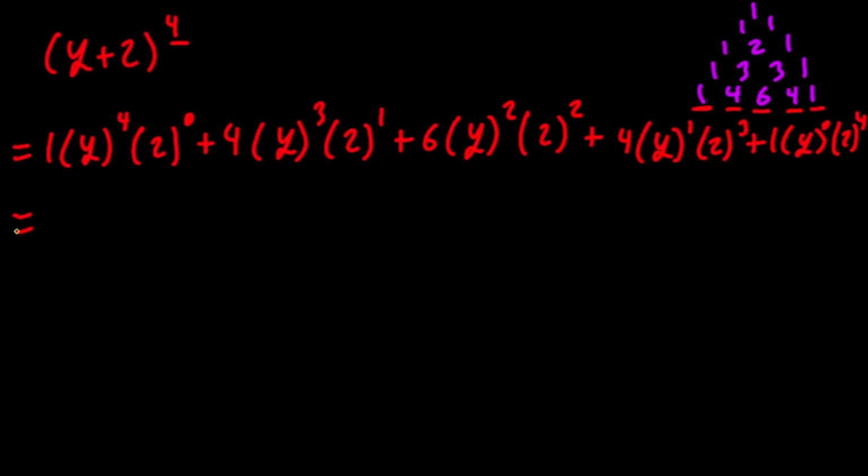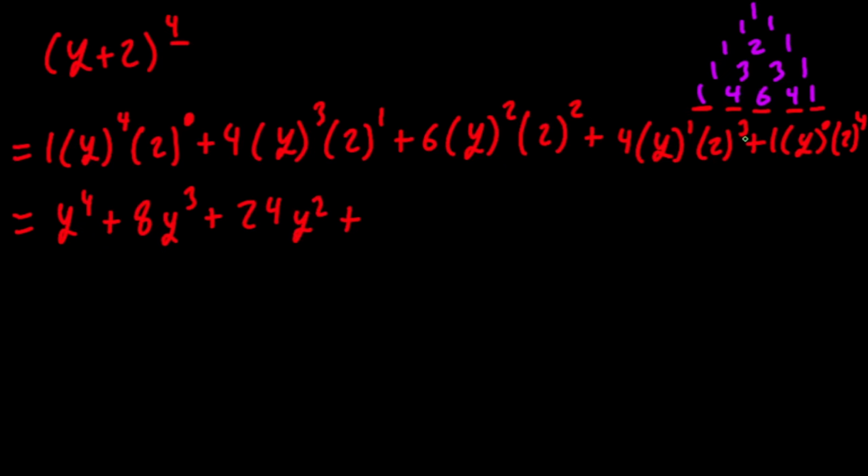We have 1 times 2 to the power of 0, which is also 1, times y to the power of 4. We have y power of 4 plus 2 to the power of 1 is 2. 2 times 4 is 8. So we have 8y cubed plus 2 to the power of 2 is 4. 4 times 6 is 24. We have 24y squared